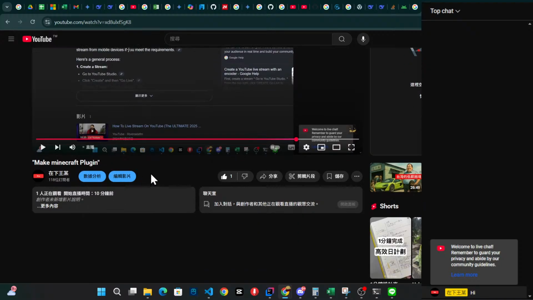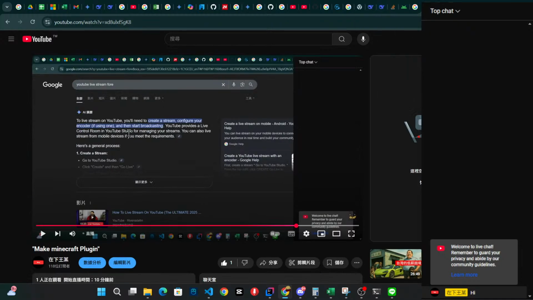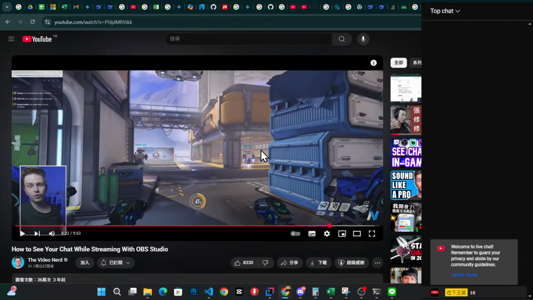Now something really important, you can't close OBS Studio or minimize it, because then the browser docks